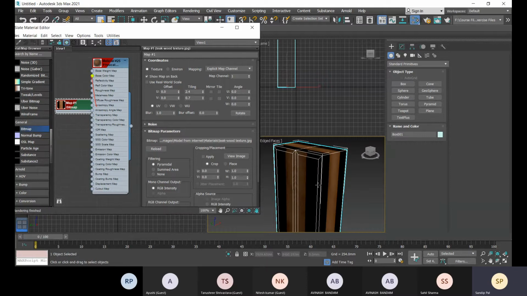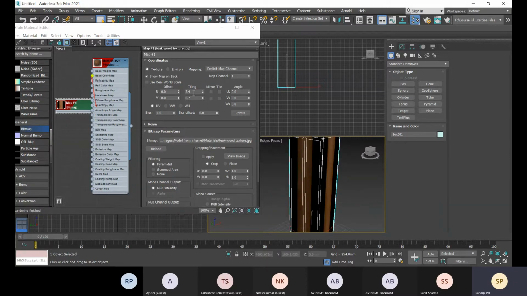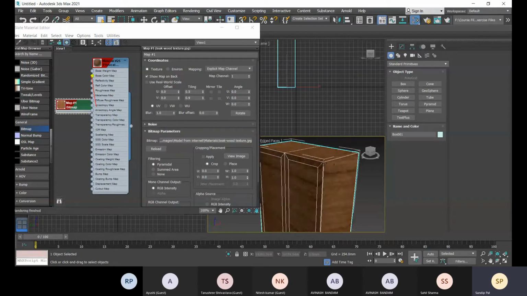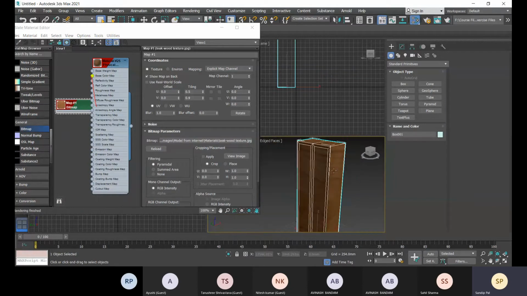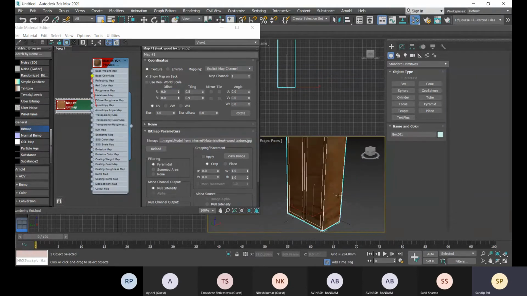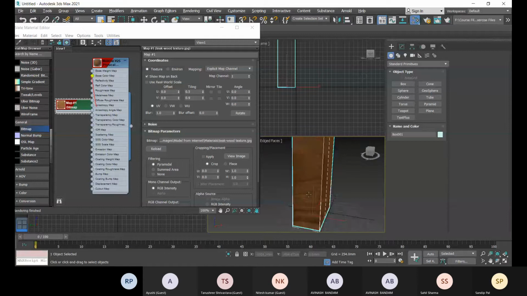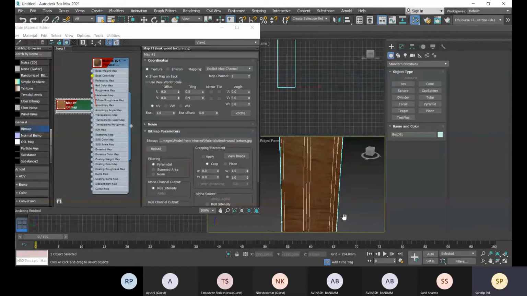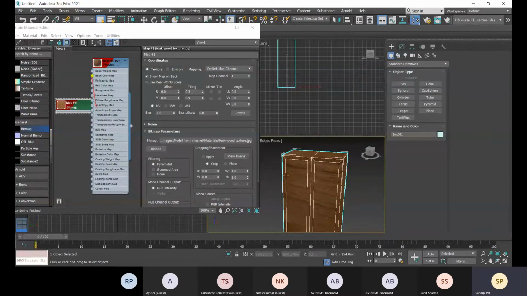For that you have to make this U and V offset so that it covers up, so that you can cover this whole image within this. All right, that you also can specify.